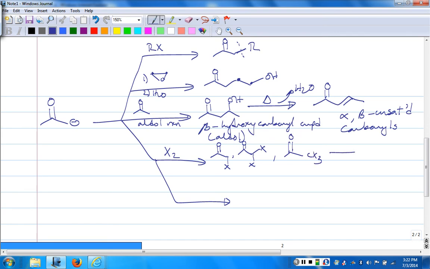And then eventually this gives rise to a carboxylate and CHX3. CHX3 is called a haloform, and we will talk about this in some detail in a little bit. And then there's a series of reactions of enolates which are called Michael type reactions, and we will look at those in some detail. Okay, so let's begin by looking at the first reaction,